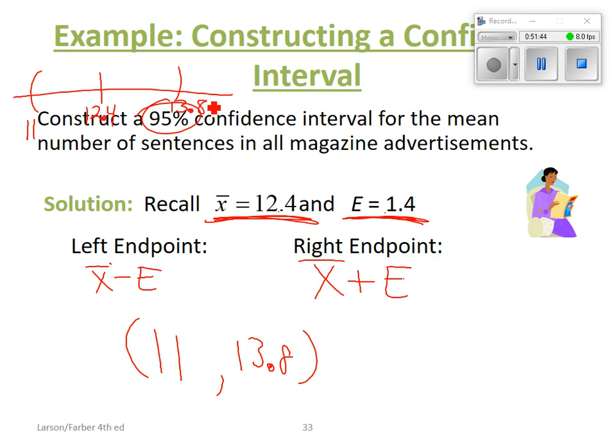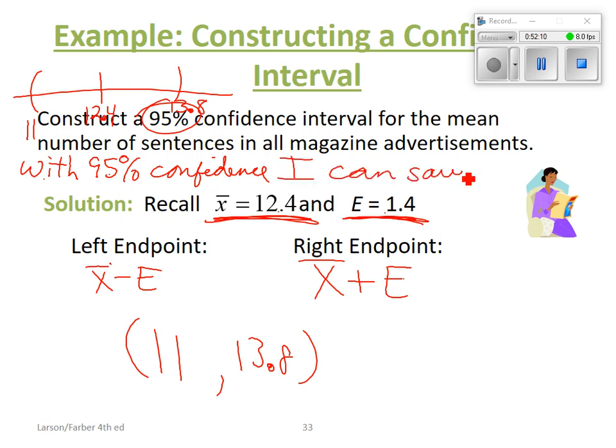The way we interpret that is we're going to say something like, with 95% confidence. This is where you're not going to like me too much, because this is what you're going to have to write out when you interpret this stuff. With 95% confidence, I can say,